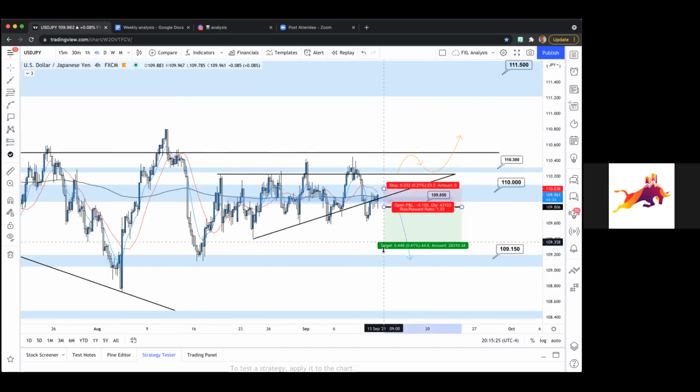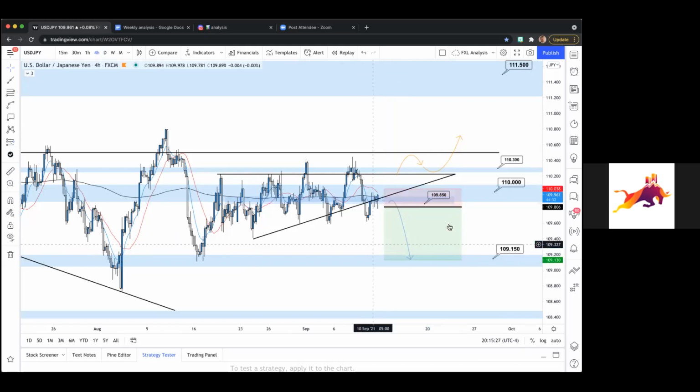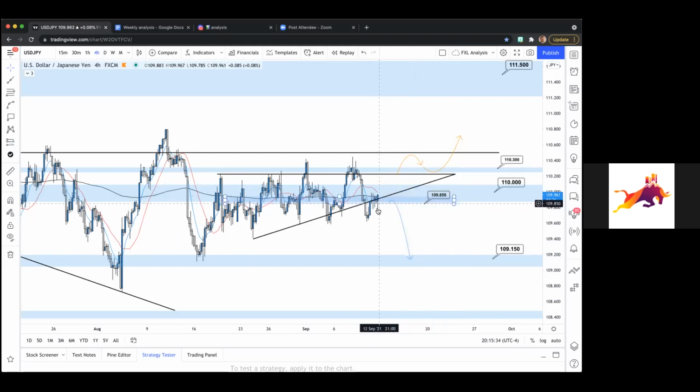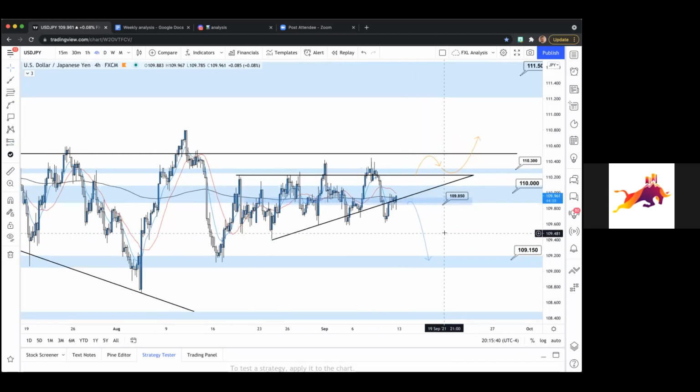Something like this, right? Well over 2 to 1, closer to 3 to 1. If it rejects now and gives us that setup, that'd be really good. That'd be ideal, but we got to wait on it, right? We're on the 4-hour here. A couple more candles could form and then finally zero entry. So we'll wait for that.